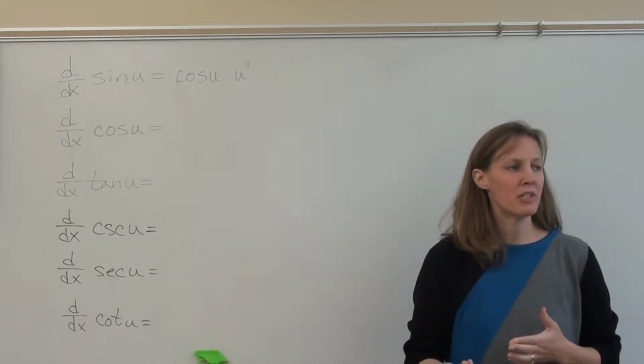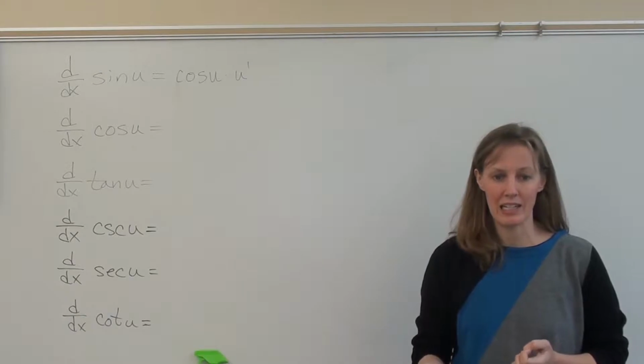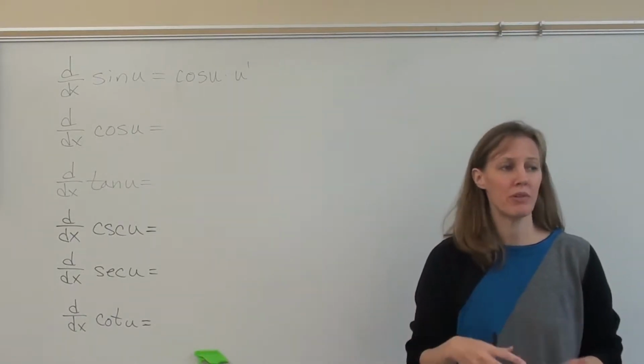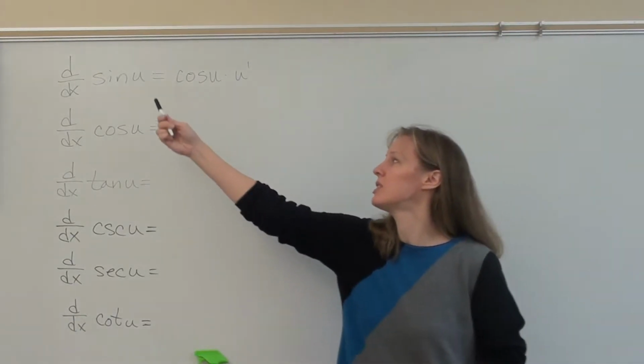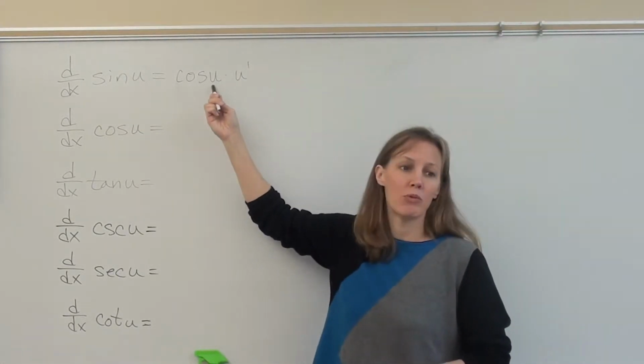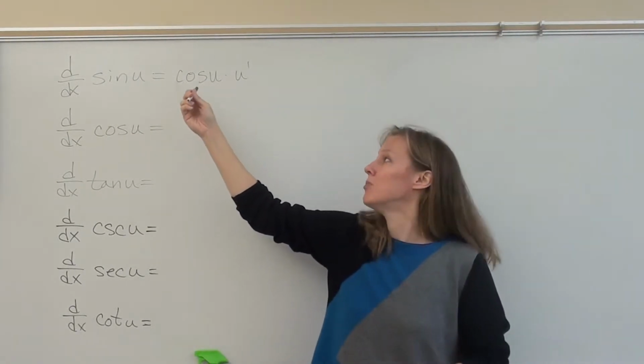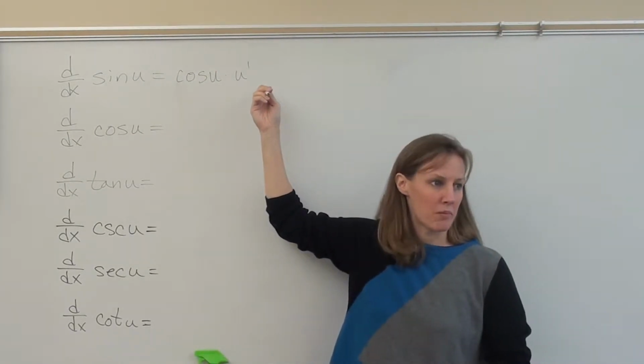Notice that the argument, you know how I talked about you can never change the argument of a trig function without using an identity? Even with derivatives, that still holds true. If it's the derivative of sine of x squared plus 5, the argument of cosine will be x squared plus 5. The argument does not change, even in the derivative. Then you multiply by its derivative on the outside.